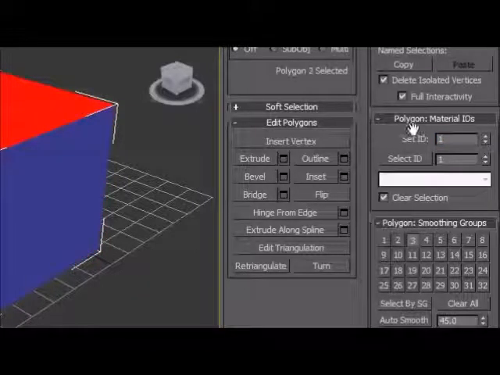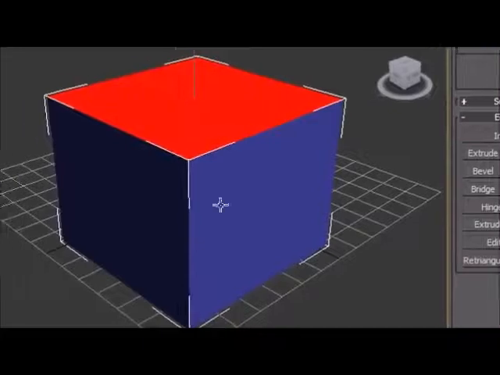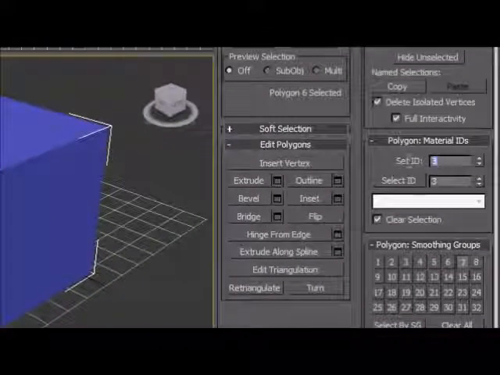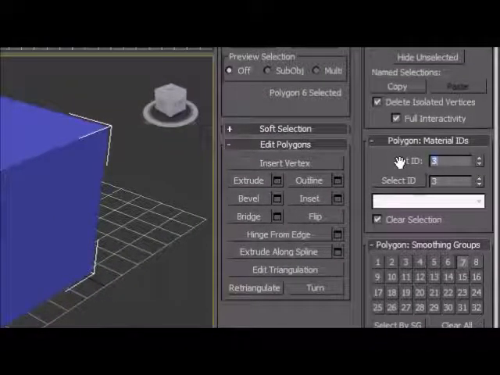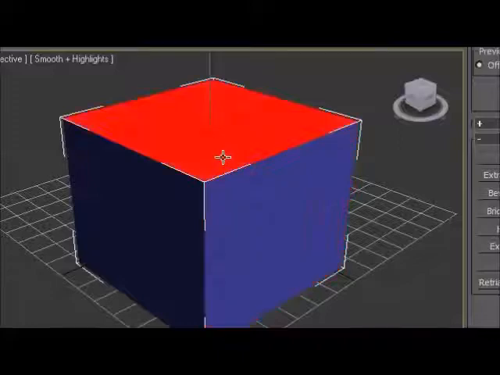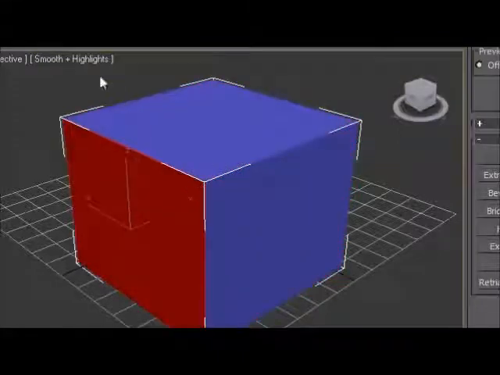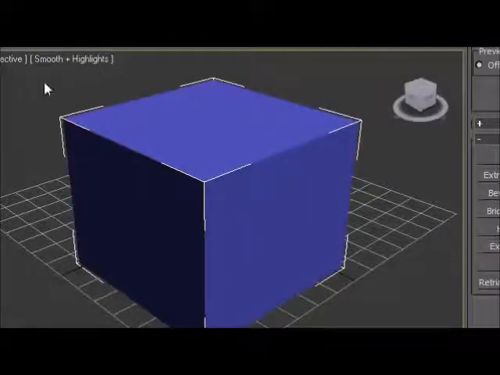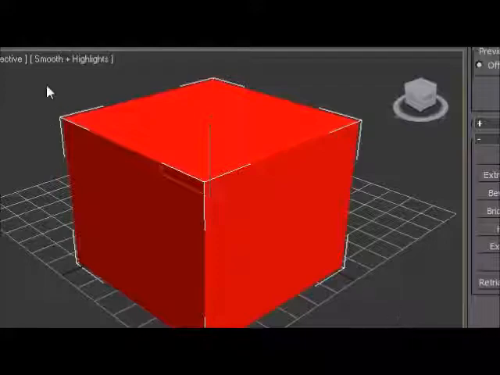Go to your second one and go ahead and press 2 and press enter. And then go to your third one and go ahead and press 3 and press enter. Now each of these faces have their own ID, 1, 2, and 3. So now let's deselect the faces. You can keep the cube selected if you want,